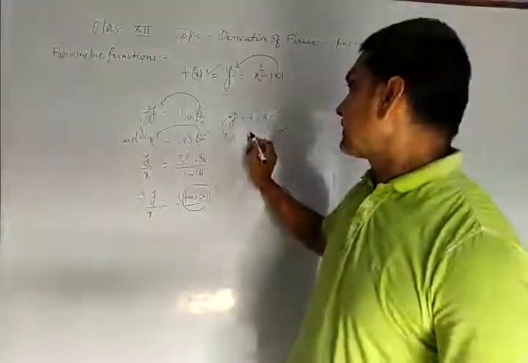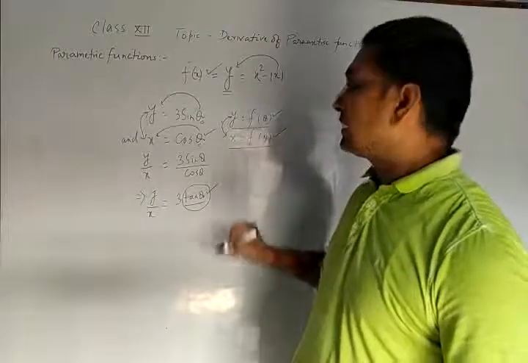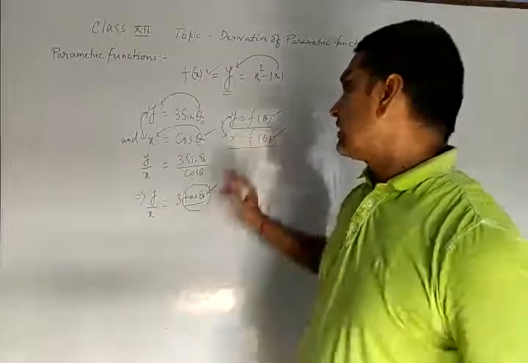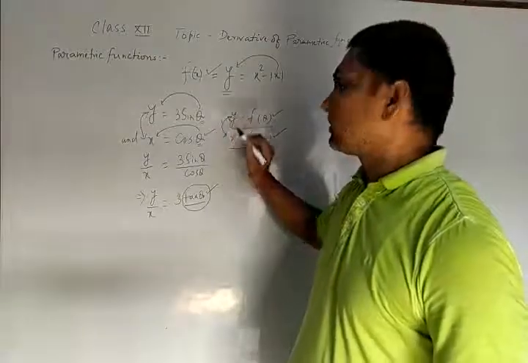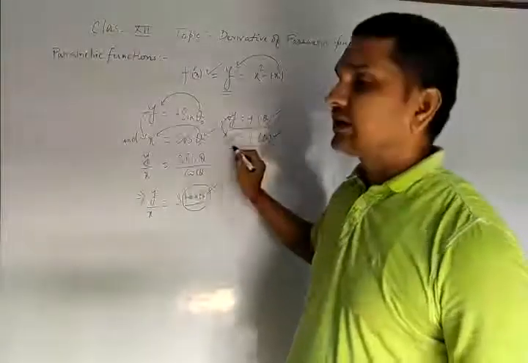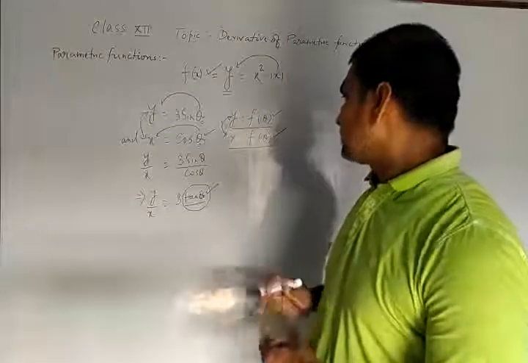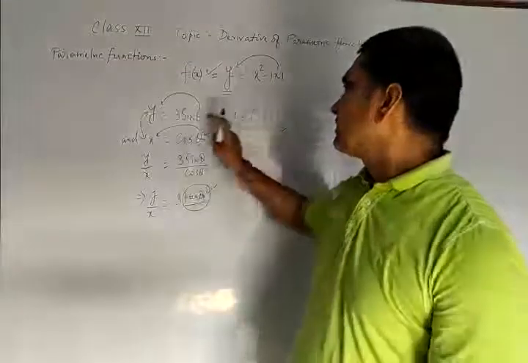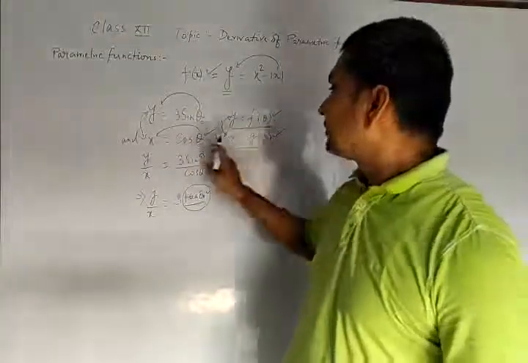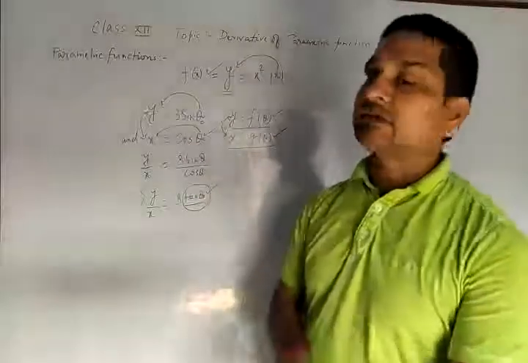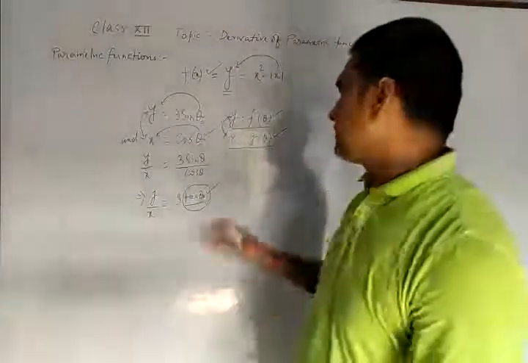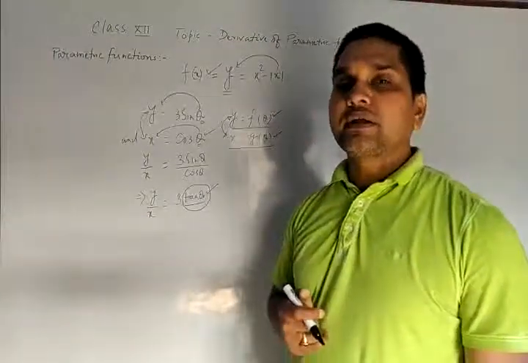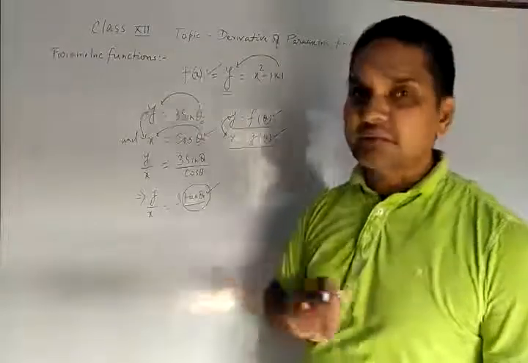So if such cases are coming, then y and x are known as the variables which are in parametric form. Means y and x can be connected in parametric form. See, if y is equal to f of theta, x is equal to f of theta, or g of theta may be there, this function may not be the same, because it is the operator with sine and it is the operator with cosine. So we may write x is equal to g of theta. So y and x are connected by another parameter. Such functions are known as parametric functions, in parametric form.